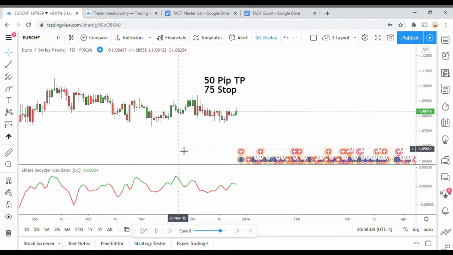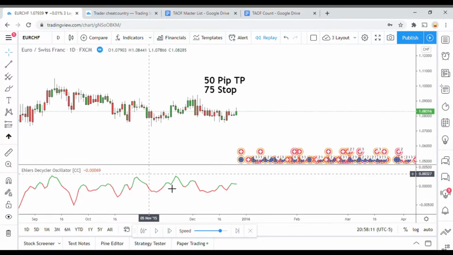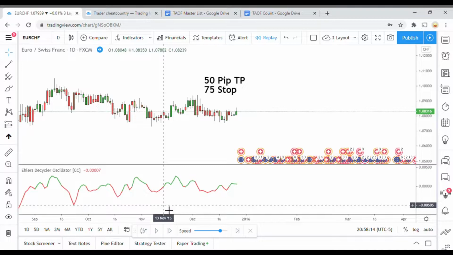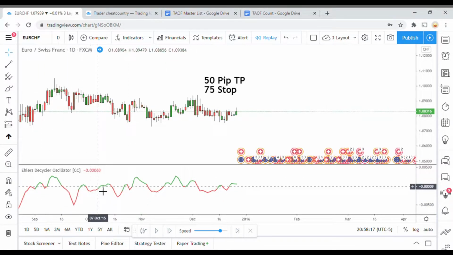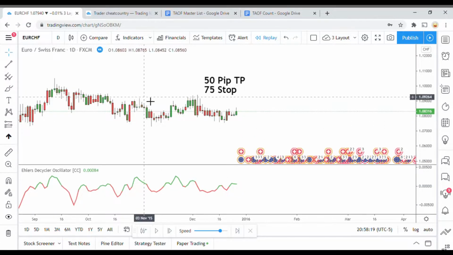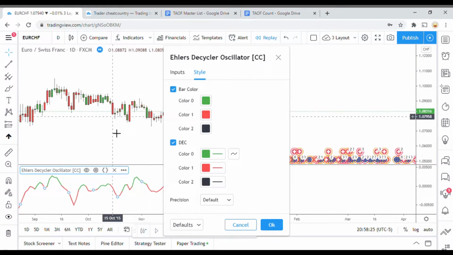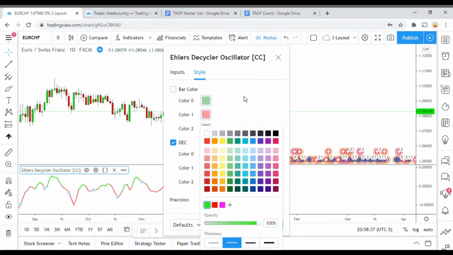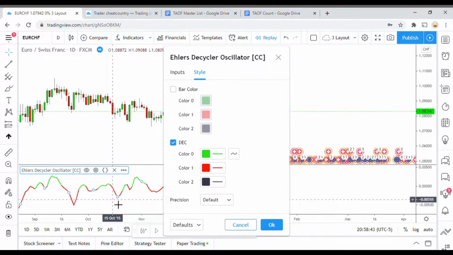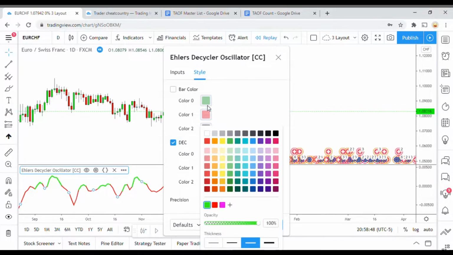So, all right, now that we have that out of the way, again, obviously you can see the oscillator down here on the bottom of the screen. And like I said, it turns green and it turns red. When it turns green, it's a signal to go long. When it turns red, that's a signal to go short. Now, if you know anything about me, I'm going to go in and I'm going to make a few adjustments here. First and foremost, I am going to turn off the bar coloring because that does, in most cases, drive me pretty crazy. Next thing I'm going to do is I am going to change the colors, the green and red, to match the green and red of the candles